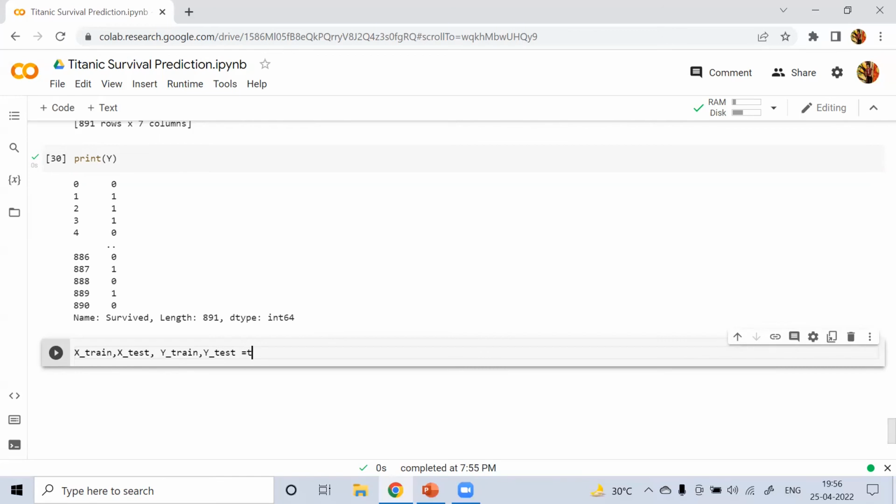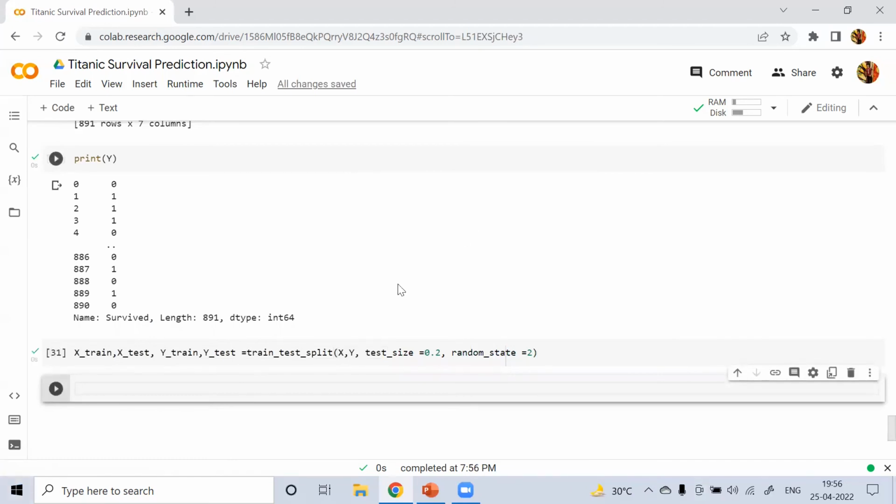We'll use train test split. We'll pass X, Y, and pass our test size, that is 0.2, let's say. And we'll pass our random state equal to 2.